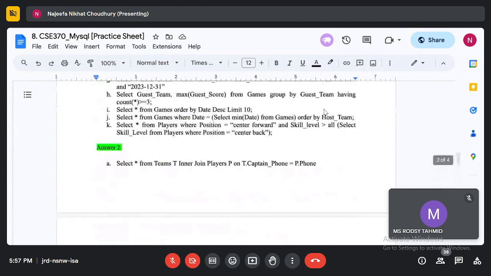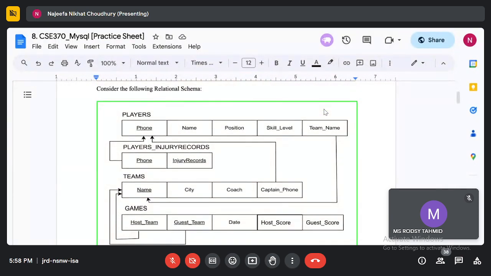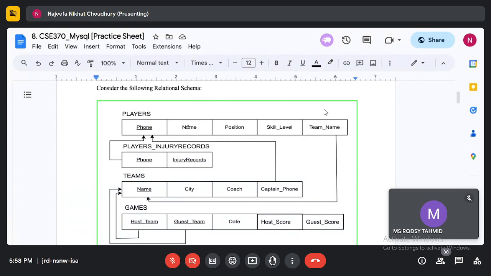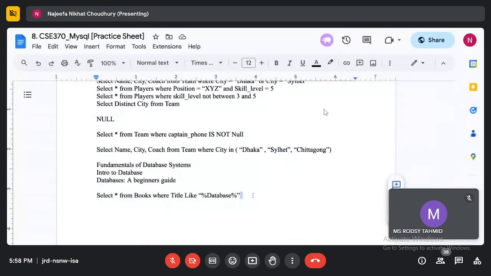In this example, if I want to find all player names that start with an A, I will just do SELECT star FROM players WHERE name LIKE 'A' followed by the wildcard. Before A there should not be any other character, but after A there can be any number of characters.